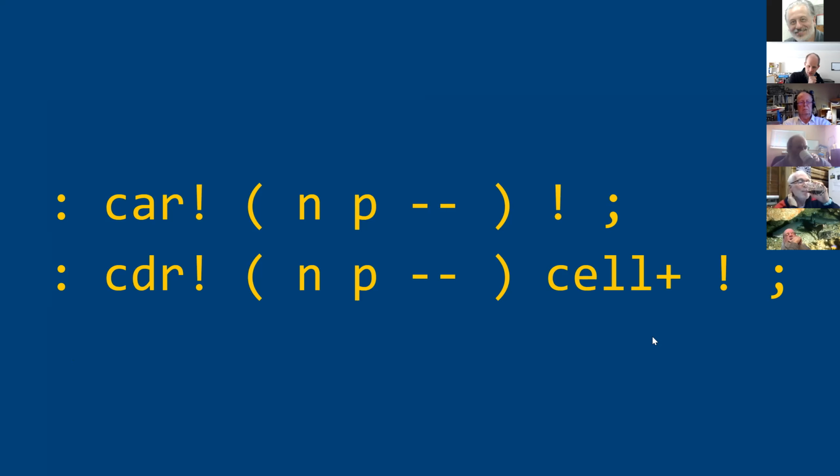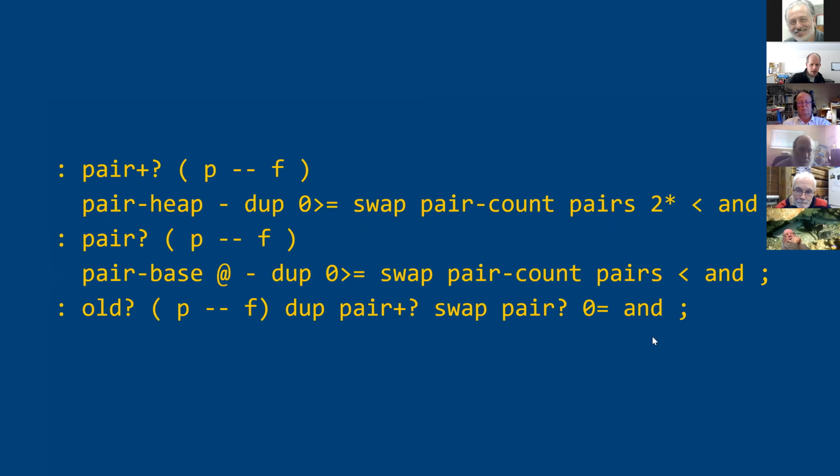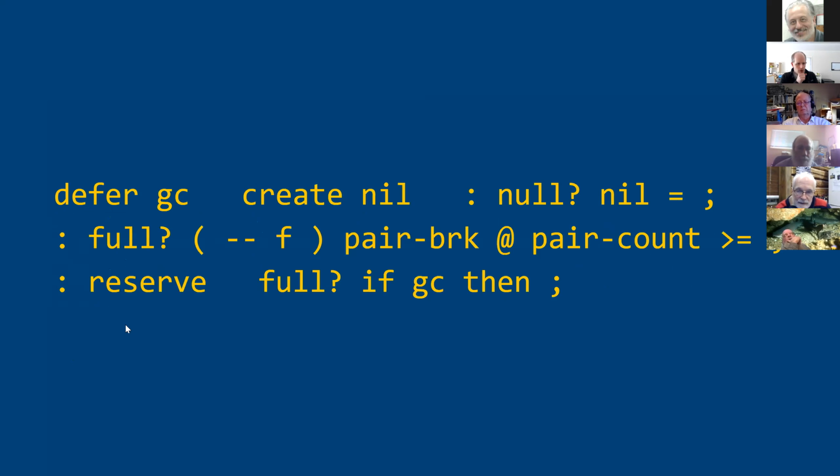I should have mentioned that in a more general formulation of all of this in Lisp, you're allowed to modify the car and the cdr. And then you need a little bit of plumbing to know whether something is a pair, whether it's in the old space or not. And then how does collection work? Well,